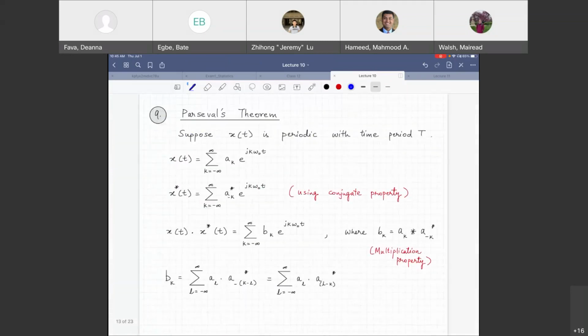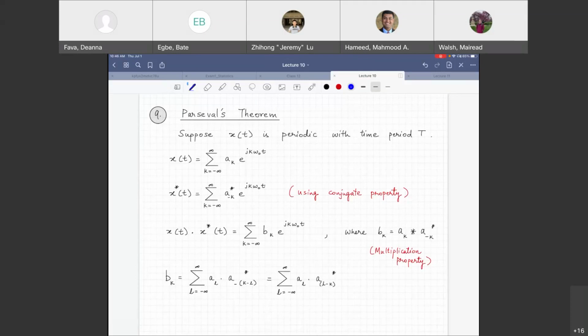Let us move forward to Parseval's theorem. Parseval's theorem, another iconic theorem, which essentially says this. If you find the power of a signal, does it matter where you are observing the signal? You have the signal in time domain. You have the same signal in frequency domain. Does it matter? Does it change the power of the signal? Does it change the way you represent it? No, the power in the time domain should equal the power in the frequency domain, right? Because it's the same power, the same signal. That's what Parseval's theorem proves.